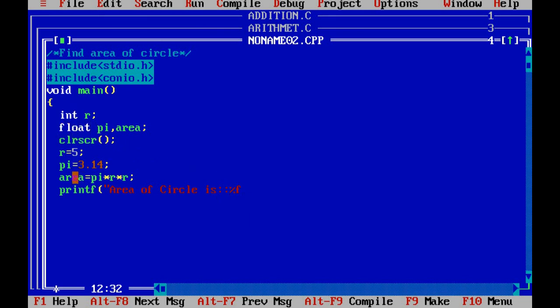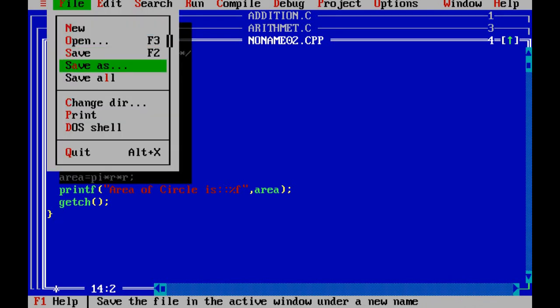So now where is our result stored? In this program our result is stored in the area variable and that variable is declared as a float. Okay, so that's why here we need to give the format code %f rather than %d. So double quotes complete, comma, give the final variable where we stored the result, area, and getch. Just complete the closing bracket. Go to the File option, Save as, first,